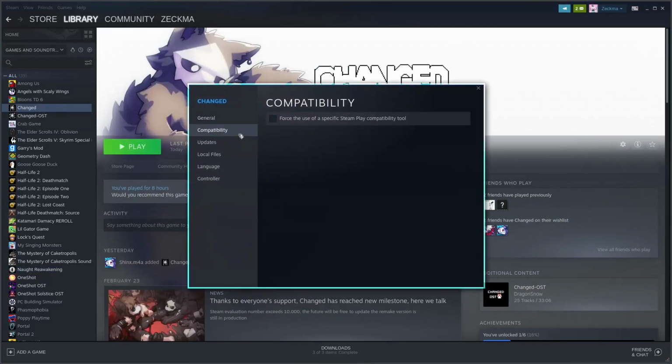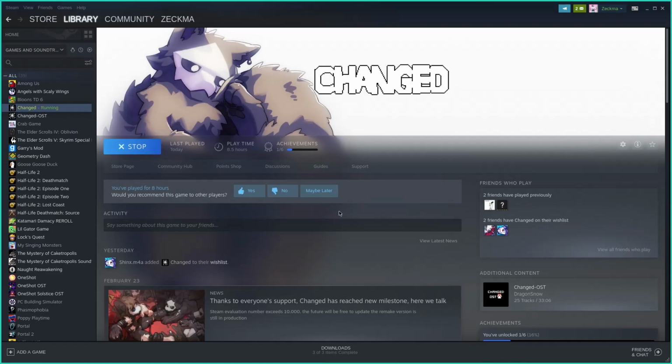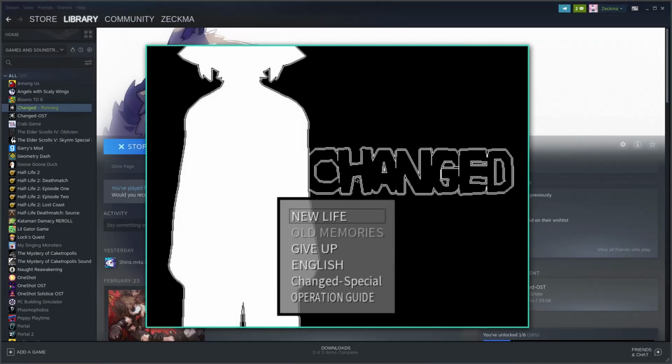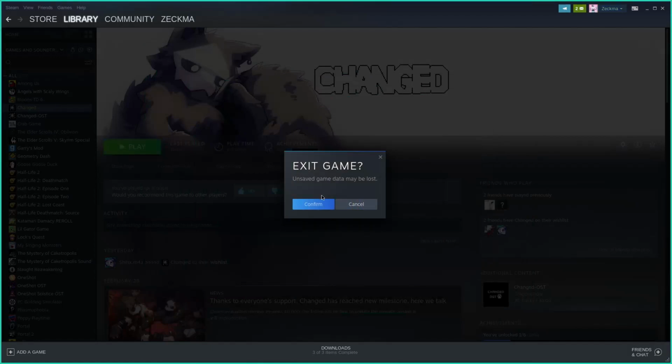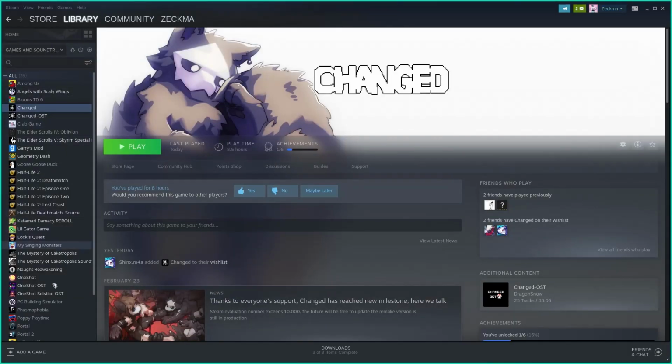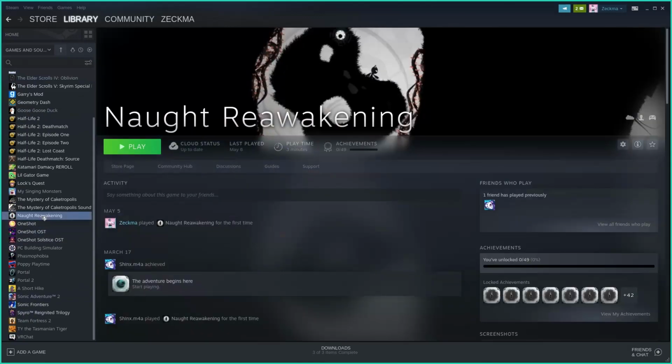If I change the Proton version to 7. What? Okay, it works. On my Arch install it didn't, but this works. I can vibe with that. But with Not Reawakening, there were no reports, so I couldn't do anything about that. Which sucks, but